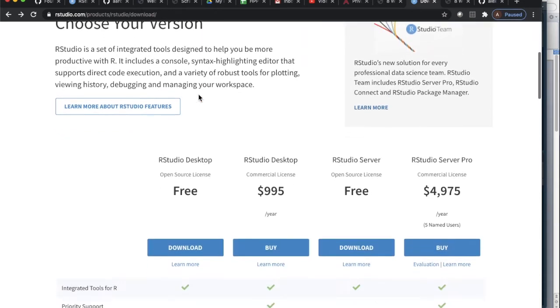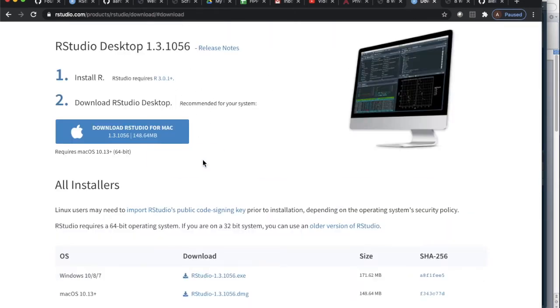The download page is pretty self-explanatory. There's a free desktop version, and if you hit the magic button, you can download the distribution that's appropriate for your system. At this point, I should say that almost everybody I know has been able to execute this process with very little friction. RStudio usually downloads and installs pretty easily. I'm sure that because I said that, I've jinxed us all and guaranteed that someone is going to have serious problems with this download process. But in my experience, there's very little heartburn involved in downloading and installing RStudio. So once you do,